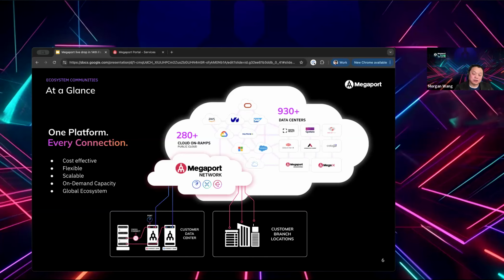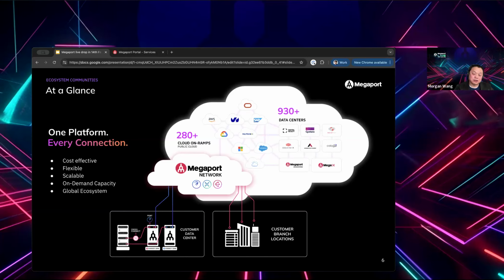This slide is a little bit outdated. It's only from probably 4 or 6 months ago. But last month, we officially announced that we are now in 1,000 data centers globally. That's roughly 10% of all the data centers globally available.